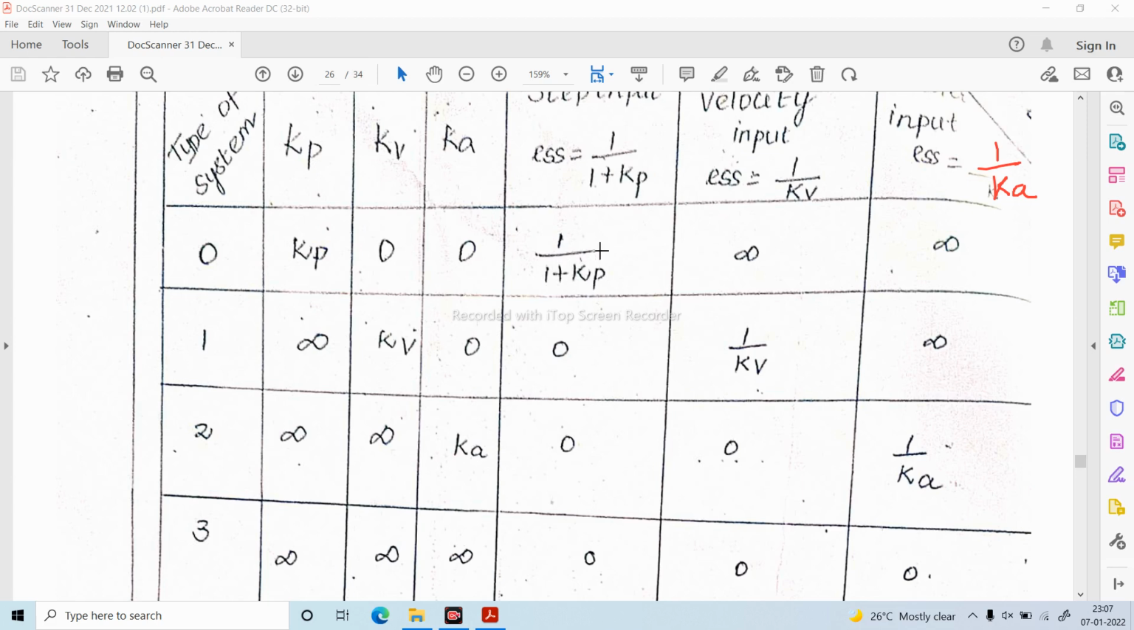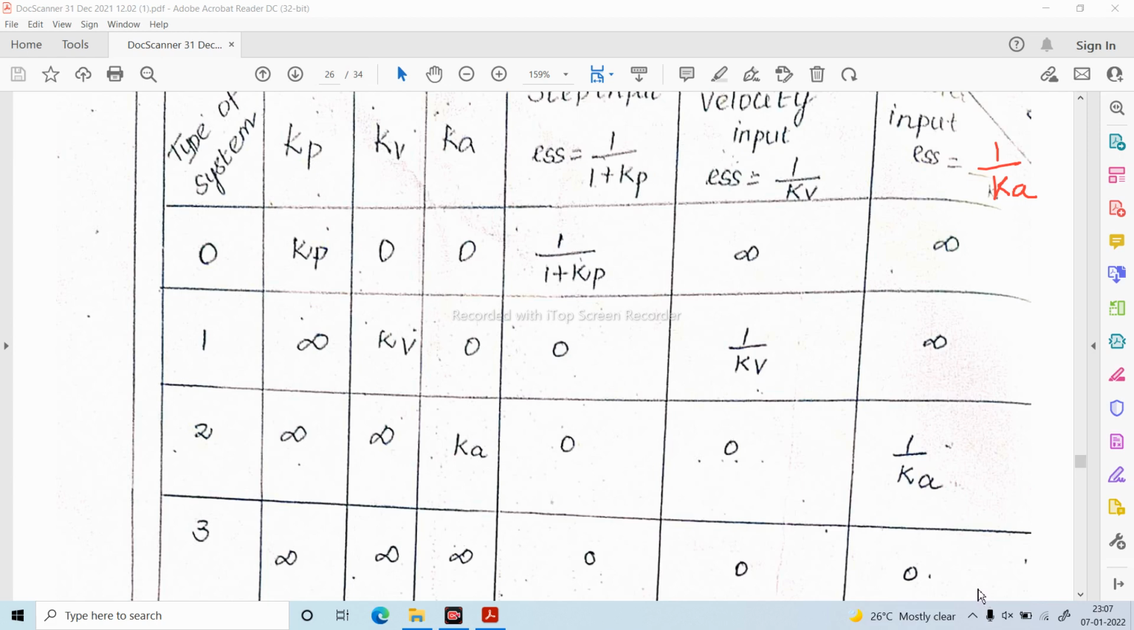So 1 by the inverse of the value: 0, infinity, infinity. Here also the inverse of 0 is infinity, and the inverse of infinity the value is 0. So you have to remember like this. And infinity the value is 0, and 0, and 1 by K. Okay, that's all. These are about the standard error for the second order or any order system,